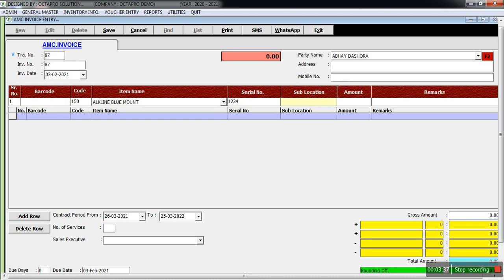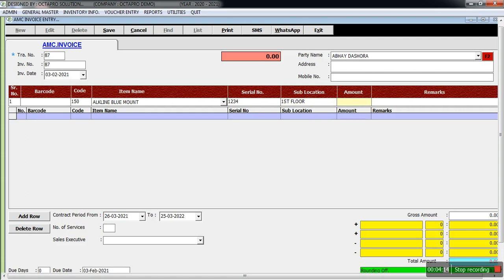Next is the sublocation. Now this one is very interesting. It will be important if your customer has 2 or 3 machines, like on the 1st floor, 2nd floor or 3rd floor, or in different departments, and they are only purchasing an AMC contract for a single item. Okay, for a single particular machine, like only the 1st floor machine. And if we don't enter a sublocation, then they may even get a free service of their 2nd floor machine. So that's why we should enter the sublocation, so that we can get a detailed idea about it. Suppose we are making a 1st floor AMC.